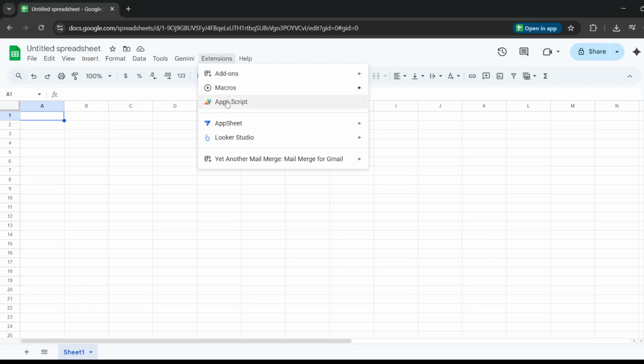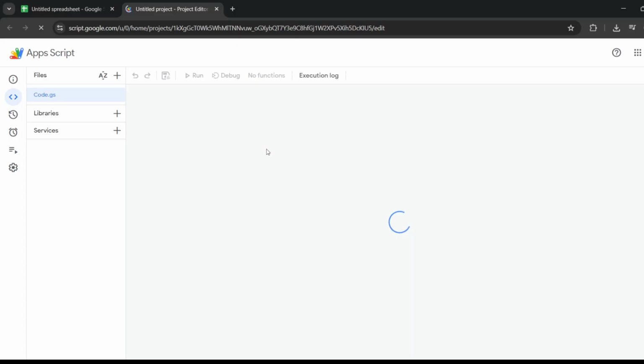That single click opens a new browser tab dedicated to your project's code. Give the new tab a moment to load. You're now in the AppScript editor, a cloud-based workspace tightly linked to your spreadsheet. On the left, you'll see your project files. In the center is the code editor where you'll write your scripts, and along the top are controls to save,